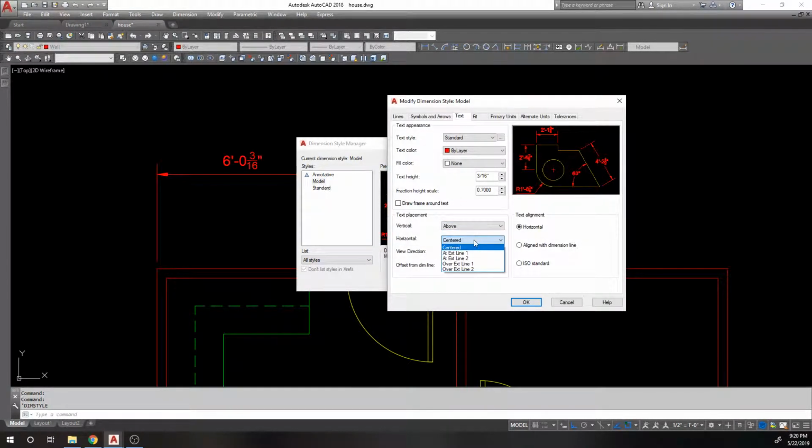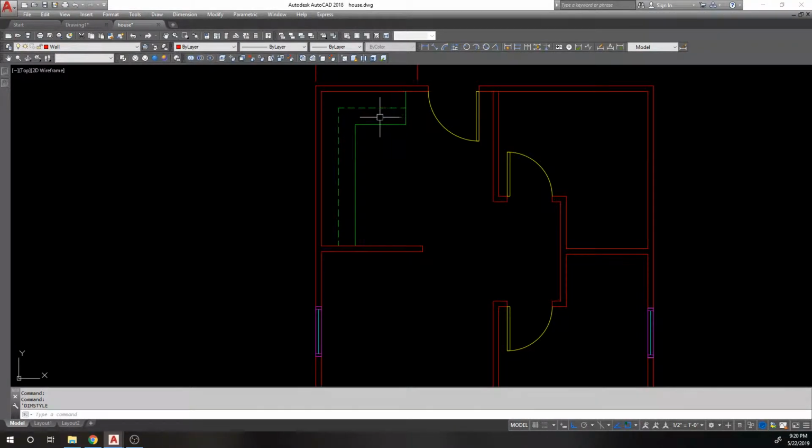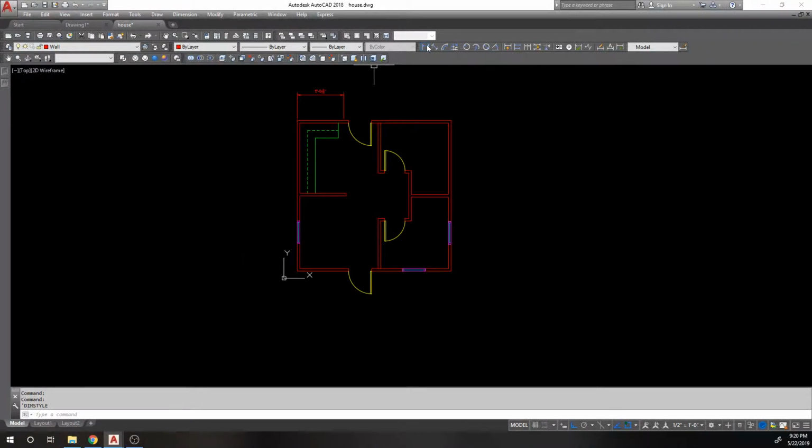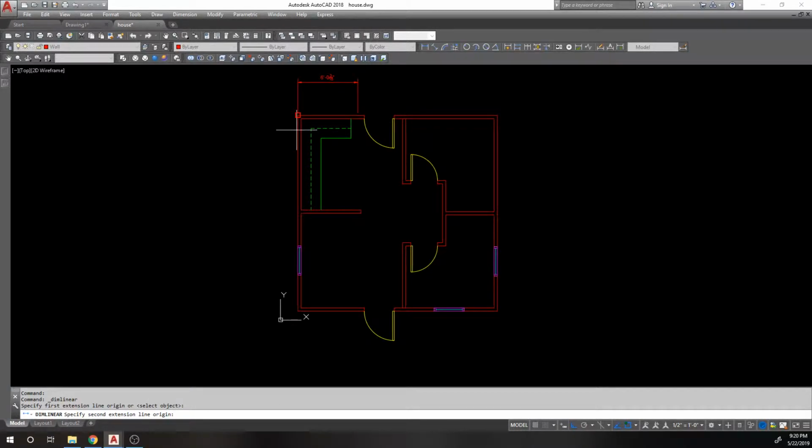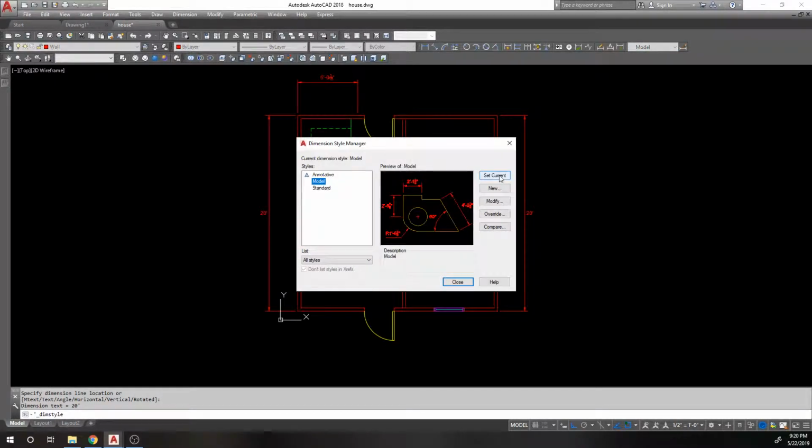There is a difference between above and outside. Outside will always put the text away from whatever the direction of your dimension is, not necessarily just above. Let me try to explain that. If I put a linear dimension right here, and I put a linear dimension here, it's on the outside of each line. What happens is if you set that to above,